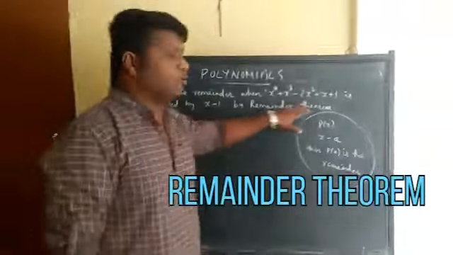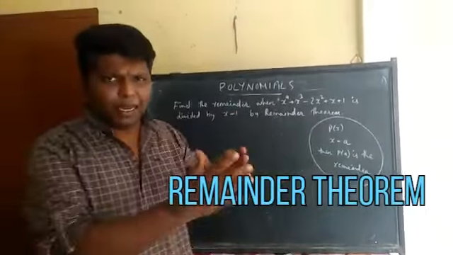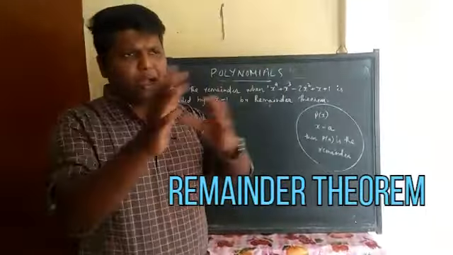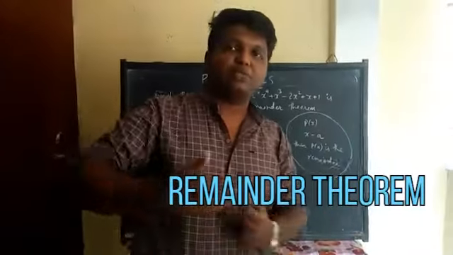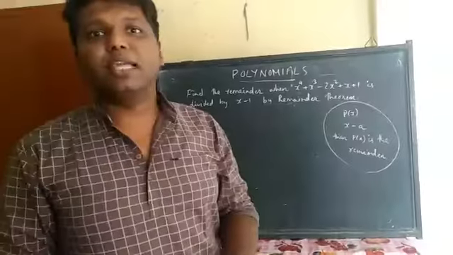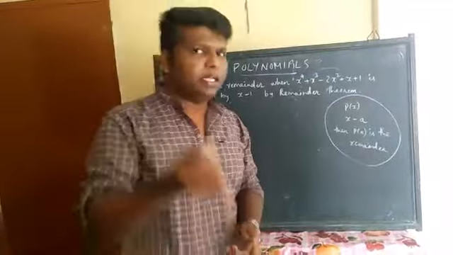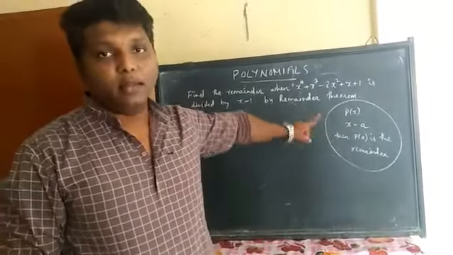Let us do it with the second method, which is what we call the remainder theorem. Long division is very hectic. From the top to the bottom, we have to do plenty of calculations, and plenty of students make mistakes while subtracting the numbers. Sometimes they forget to change the sign. But there is a simpler method to find the remainder by using a theorem, which is what we call the remainder theorem.